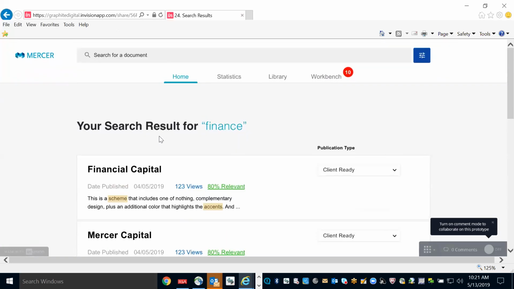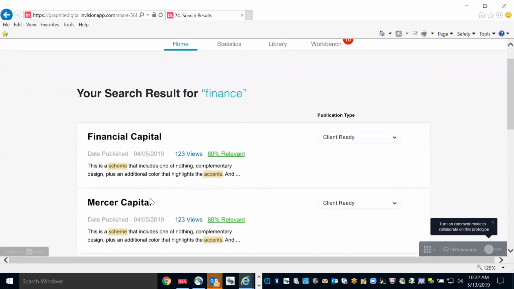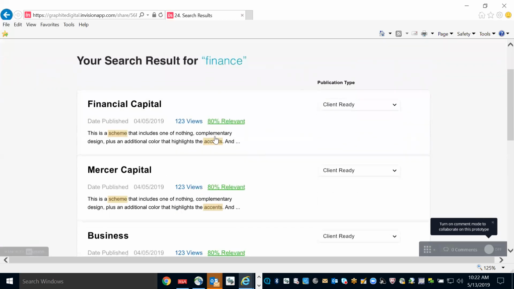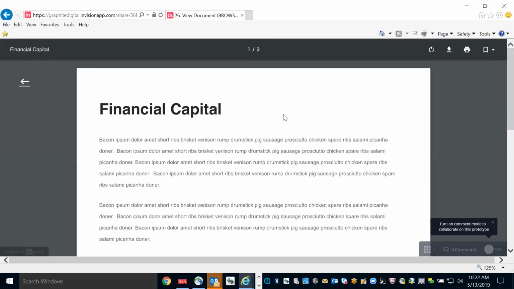One of the things that comes to mind is who uploaded it. I think that would be really interesting to see, because then I have a sense of where it's coming from. Who wrote it would be really helpful. Yeah, I like that it lets me know if it's client ready or not. Kind of takes the guesswork out of it. Oh, that just brought me right there. Okay.